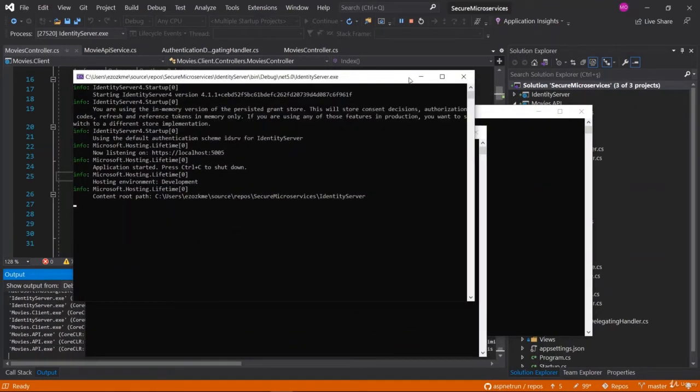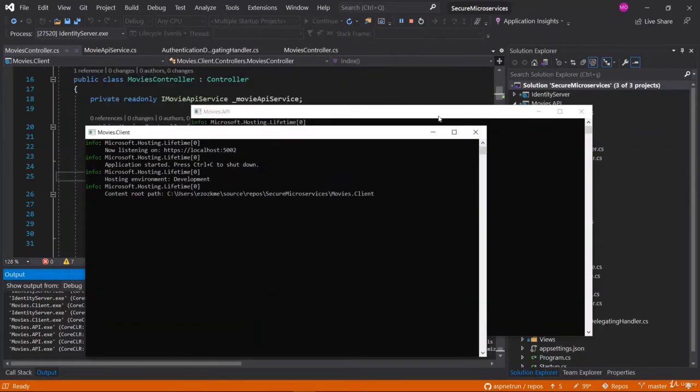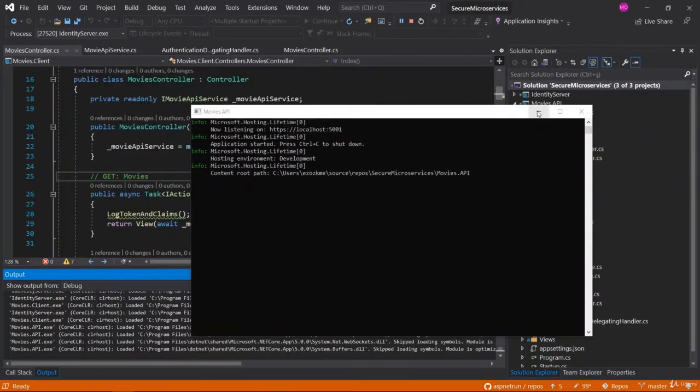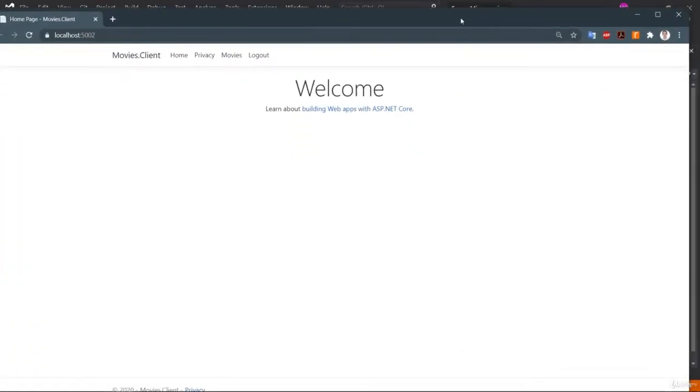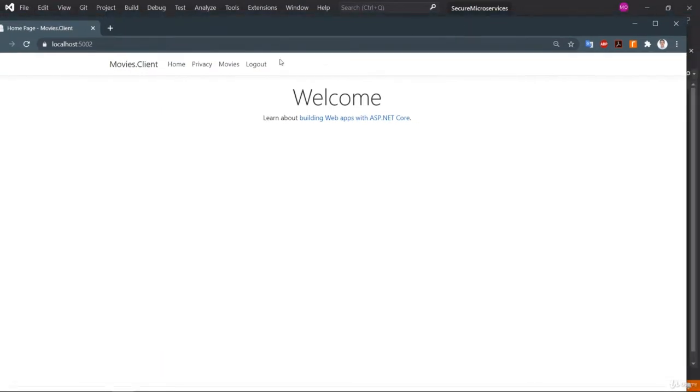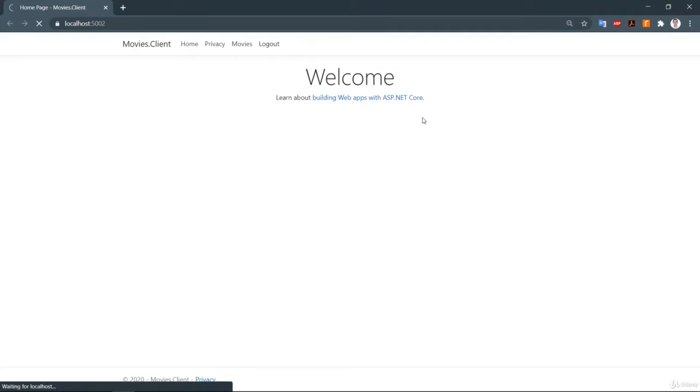Yes, working fine. So I'm going to close these windows and directly locate our application. Let me log out again and log in from the beginning.